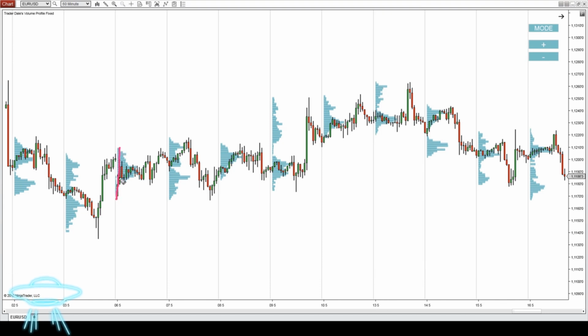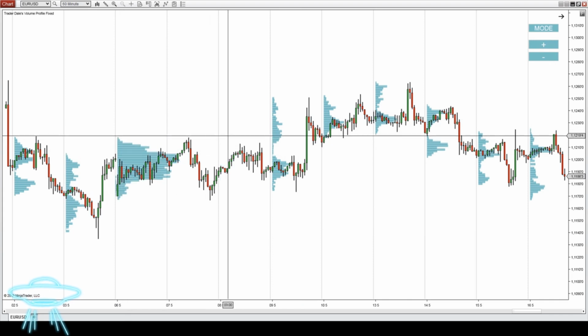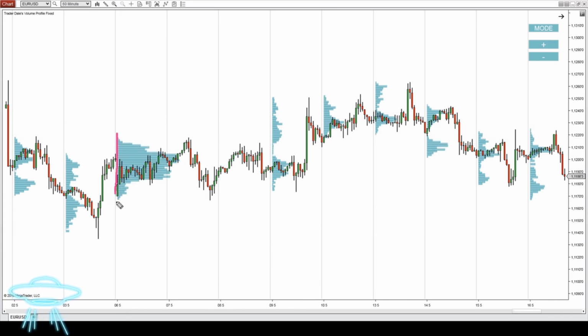Afterwards, there's a rotation, there's a D-shaped profile, then there is a sort of thin profile, but I wouldn't really classify it as a thin profile since the price doesn't really leave the range of this D-shaped profile, so it's more likely that the price will stay in a rotation, create another D-shaped profile, and you can actually merge those profiles, those three in a rotation, and you will see that there is one big D-shaped profile with point of